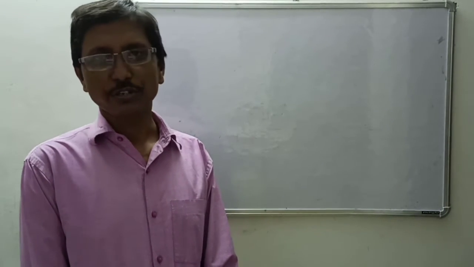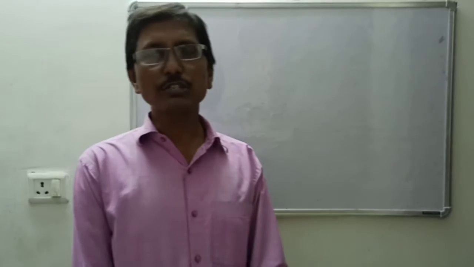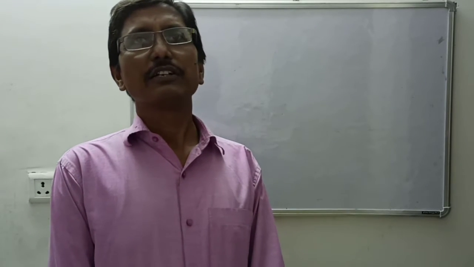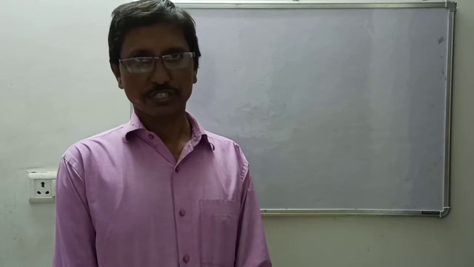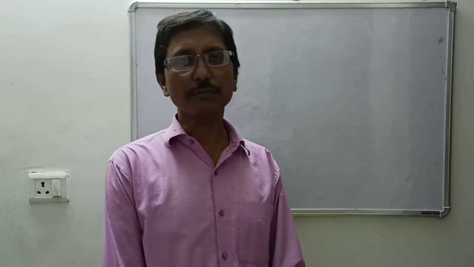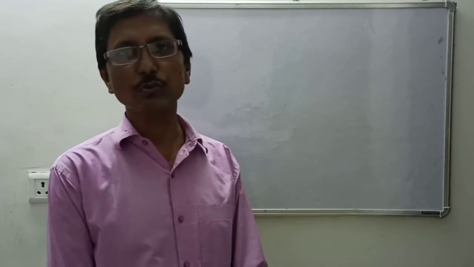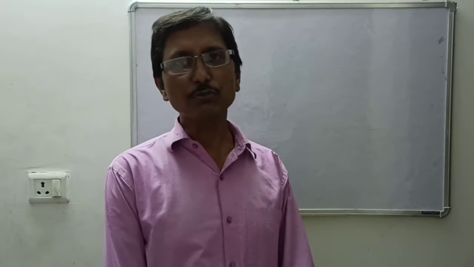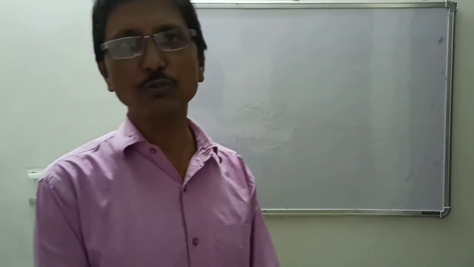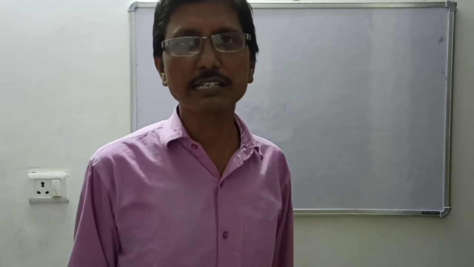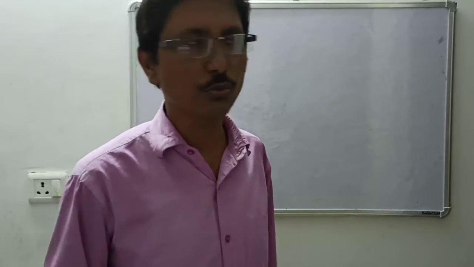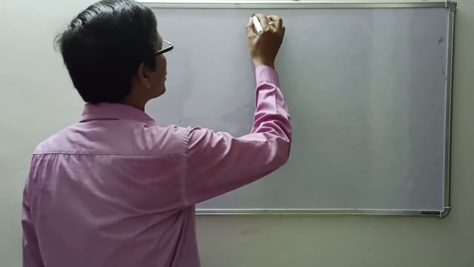Today we will start one new chapter, that is coordinate geometry. What does coordinate geometry mean? It means taking the coordinates of a point in the Cartesian plane or xy plane, suppose x1, y1, x2, y2. Using those coordinates, we will have to find out particular things like the distance, section, like this one you are having.